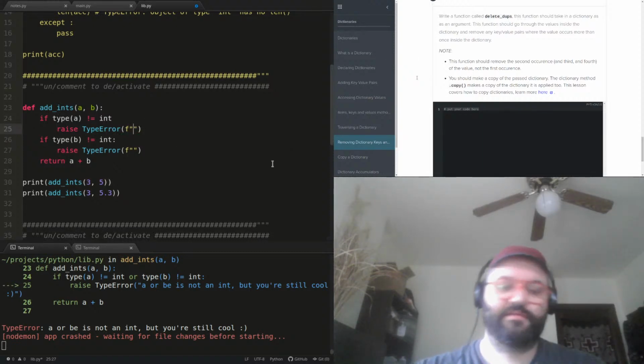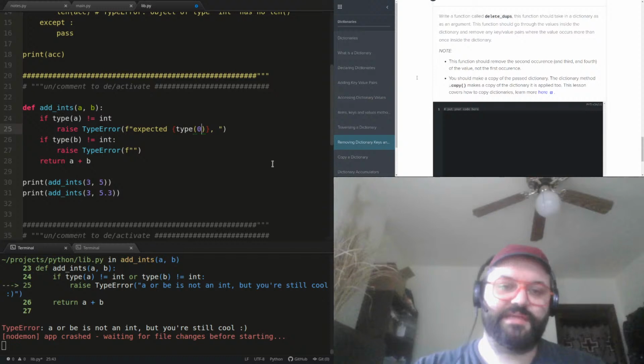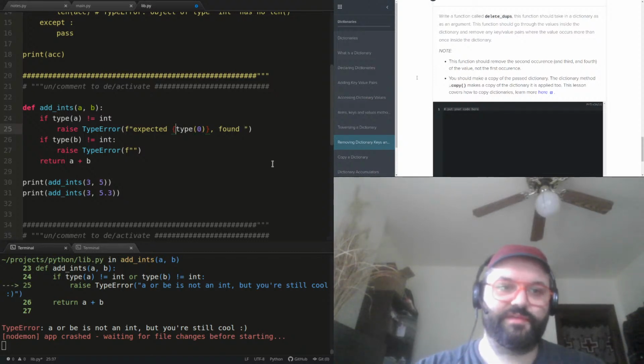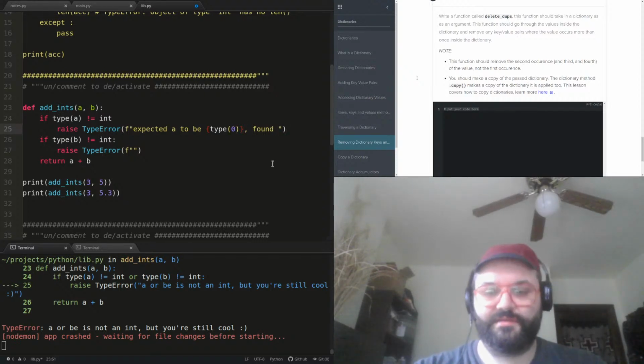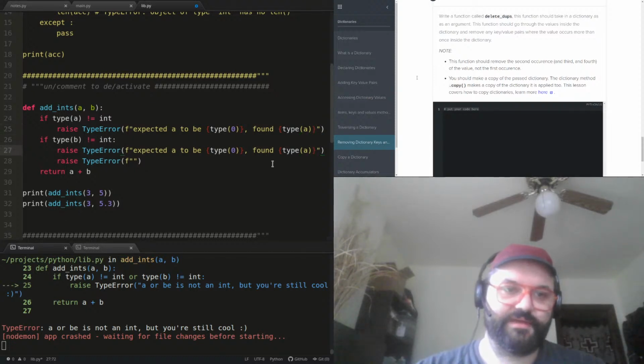So we could say expected type 0, which is going to give me int, found type A. We'll say expected A to be type 0, found type A. And we'll just raise down here.